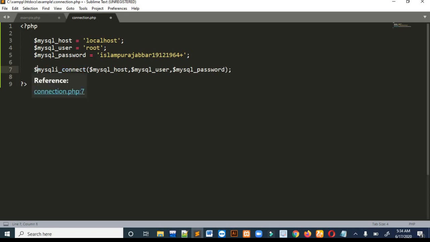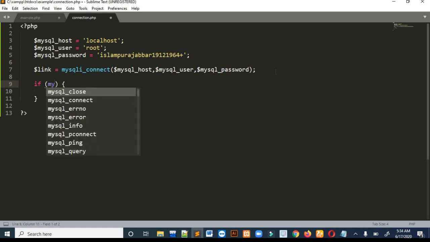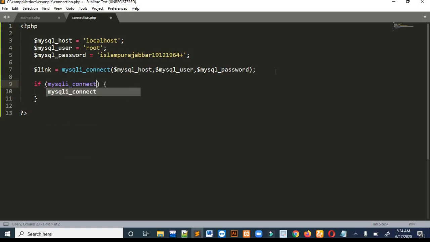I will save this whole query statement in a variable called link. Link is the most usual variable name because we are linking our database. So we will write if mysqli_connect_error.